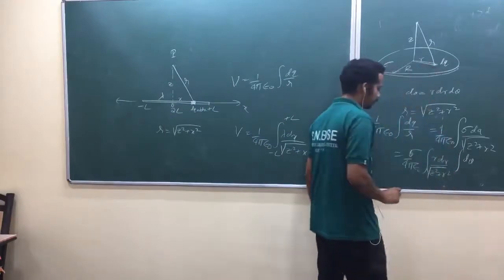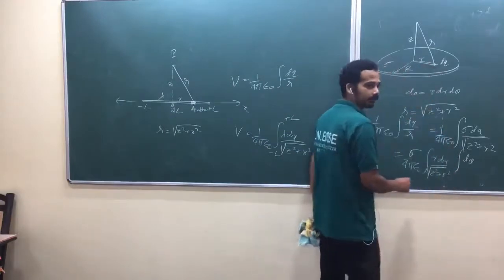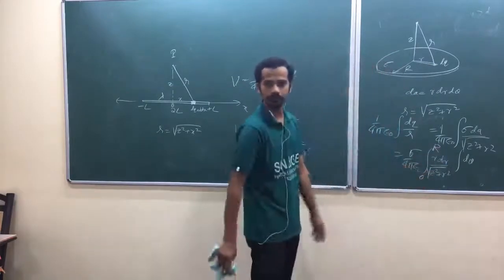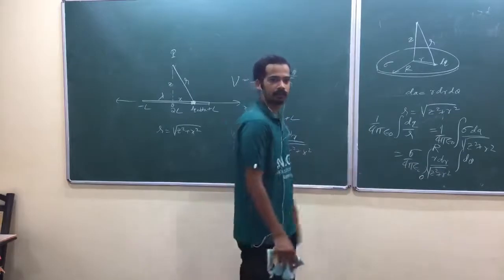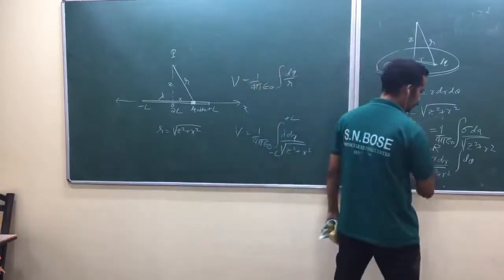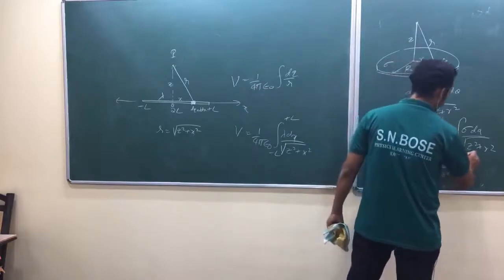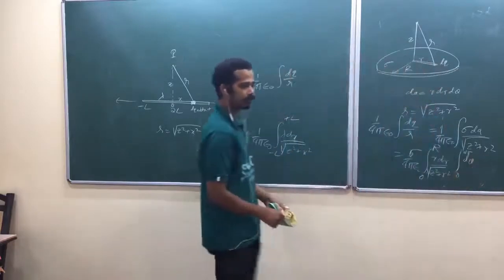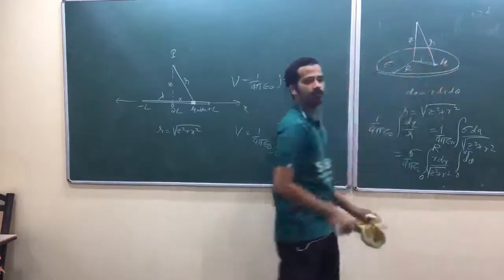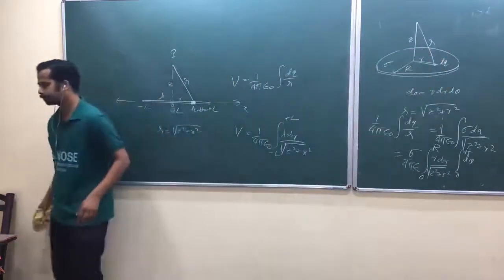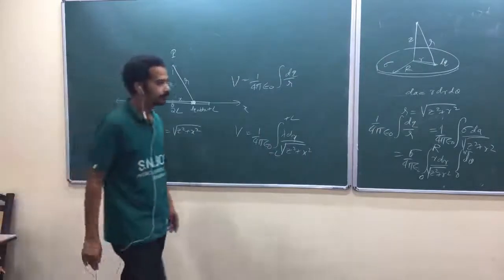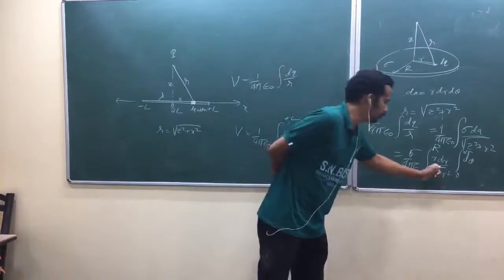Don't cancel out by seeing that it is an odd function. The integral range is from 0 to R. Remember, it's not minus L to plus L like that. The integral range is 0 to R, and this one is 0 to 2 pi. When you run r from 0 to capital R and theta from 0 to 2 pi, it will sweep the entire disk. Again, coordinate geometry. Again, learn how to do this integration.